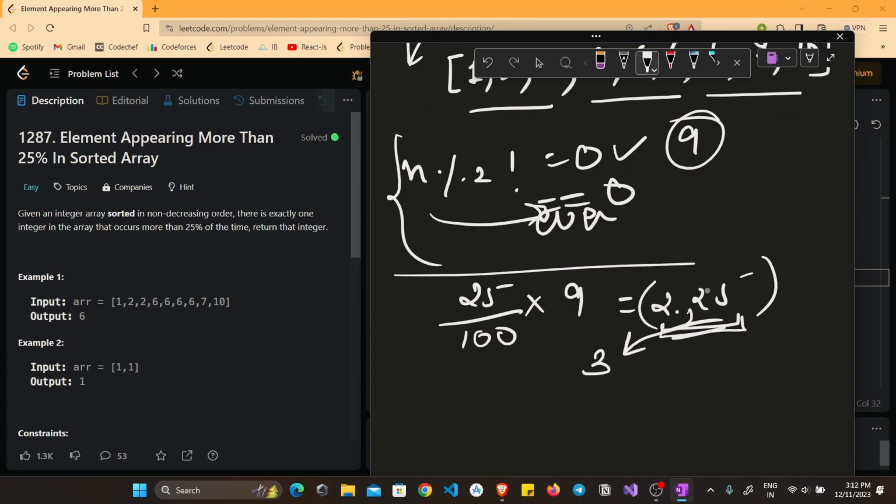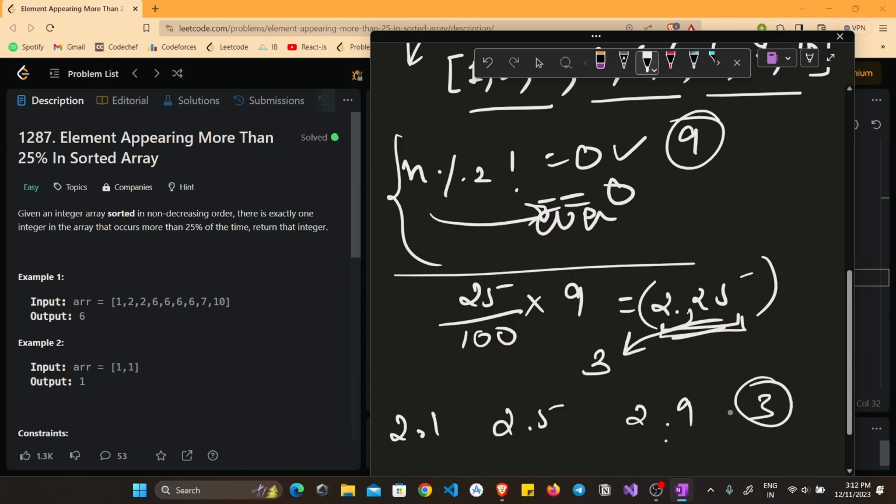First of all, whenever I say ceil value, it means that if any number is present in such a way like 2.1, 2.5 or let's say 2.9, ceil means you have to take the next greatest integer that you can take. So for 2.9, what is the next greater integer that I can take? So that is 3. For 2.5, again if I ask what is the next greatest integer that I can take,